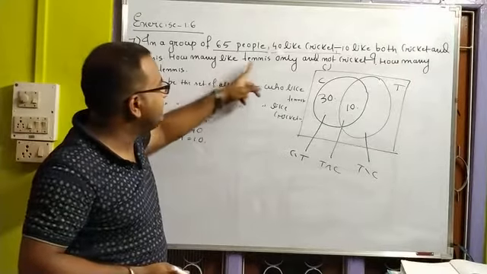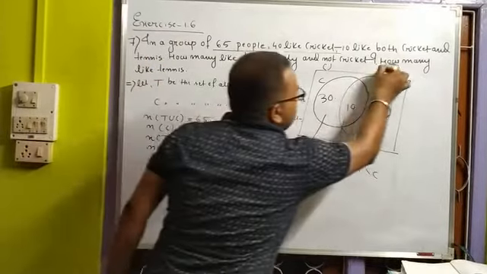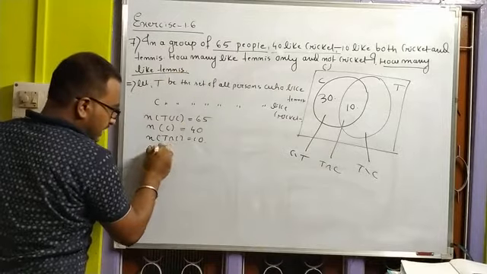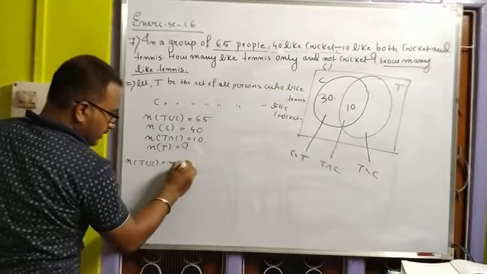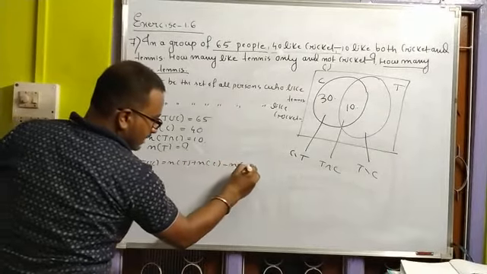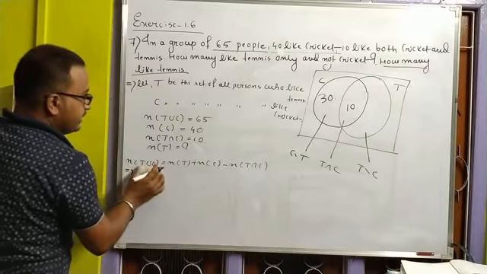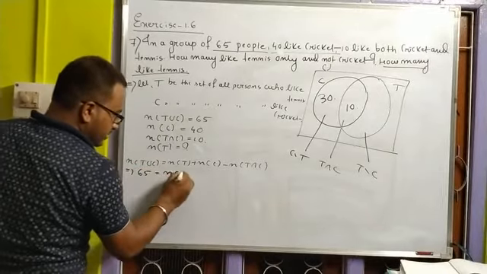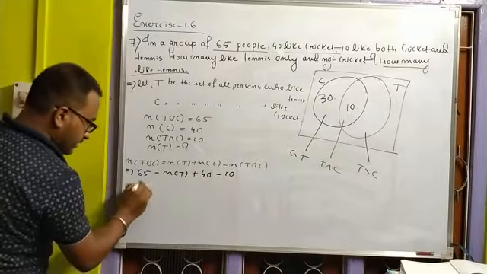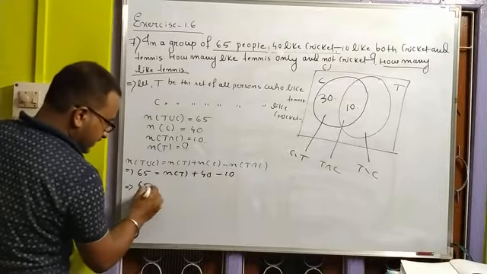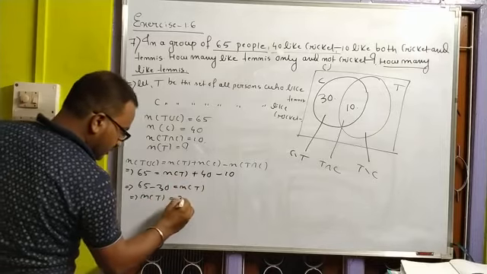Okay, so you have to find how many like tennis only and not cricket, and how many like tennis. So you can easily find this one first, the number of elements of this set T. By using this one, number of T union C equals T plus C minus T intersection C, right? Now this T union C is 65, T we have to find, C is 40, and the intersection was 10. Now you see 65, then this is 30, so you can bring this side, minus 30 equals T. So the number of elements of this set T equals 35.